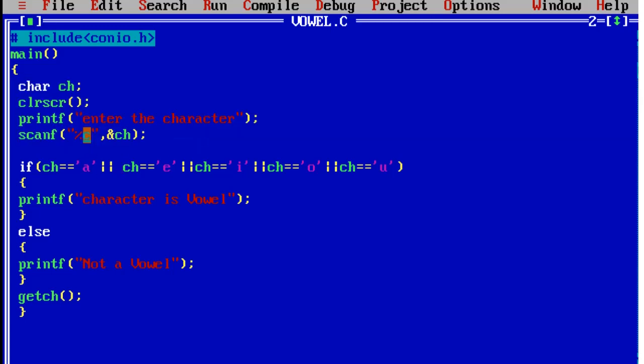We have to use scanf, and at a time we have to use one single character, not more than one character, isn't it? So this is how we can treat characters with if else. You can do many more programs yourself, like checking whether a number is even or odd. Let me know in the comments if you have any problem.